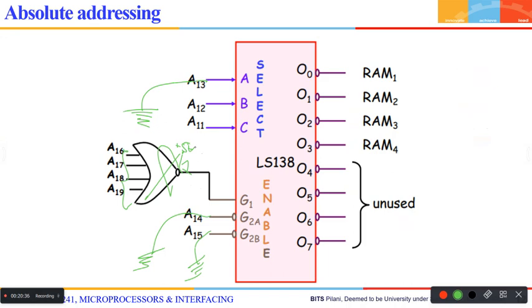That's called incremental addressing. This is for absolute addressing. In the question it will be specified for you whether you want to go for absolute addressing mode or incremental addressing mode. Accordingly, you just